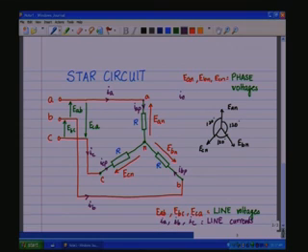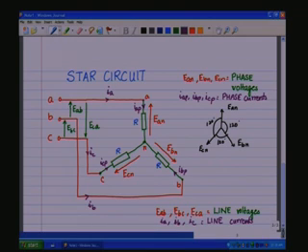Then I A P, I B P and I C P, they are all the phase currents. So, we have the phase voltages, phase currents, basically the voltages across each load phase, and the currents through the phases, they are called the phase currents IAP, IBP, ICP, and the line voltages, the voltages across the line,